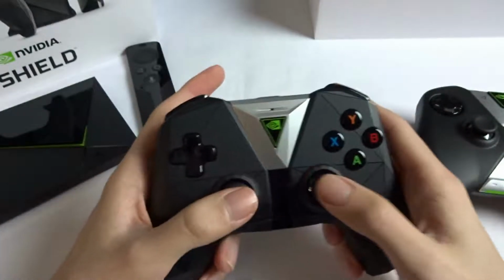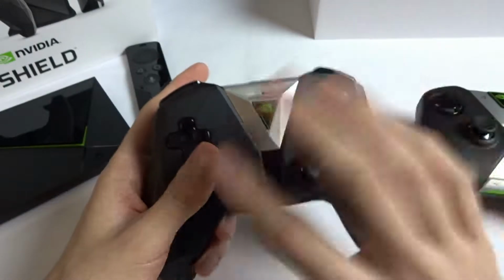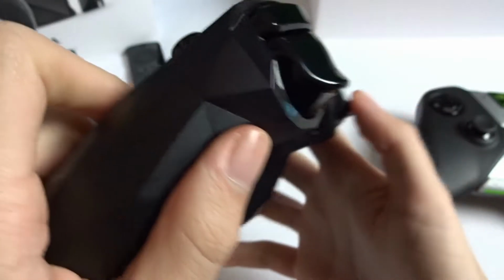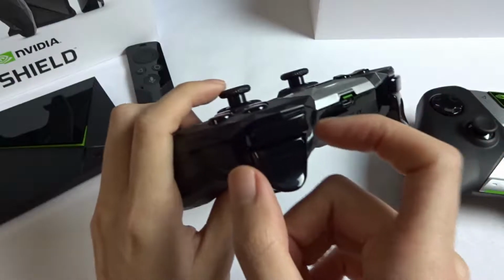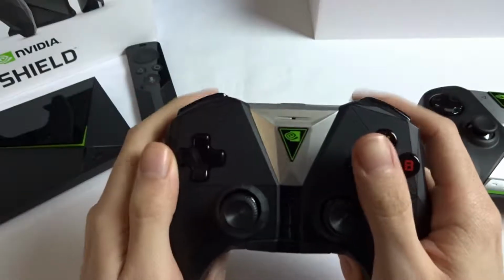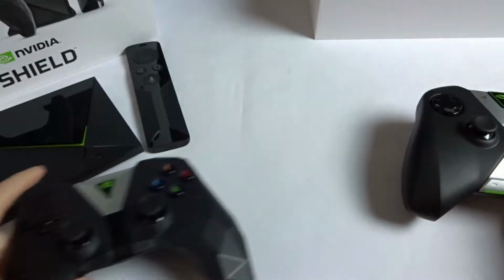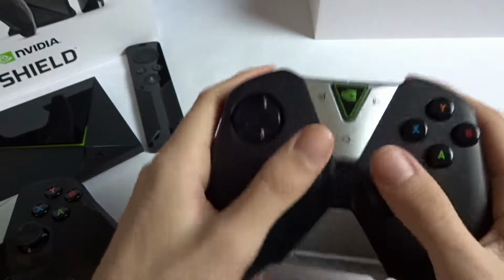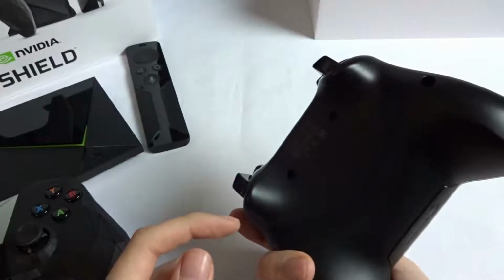Of course, because of the button layout, not the symbols, but the button layout and the analog sticks layout and the D-pad and the triggers mostly. Because if you see the triggers compared to the PS4 control, these are a bit thicker or wider. But this one looks like it fell more in the line of a PS4 control, and this thicker one is, I guess, for people who like the Xbox 360 control, but not really, because